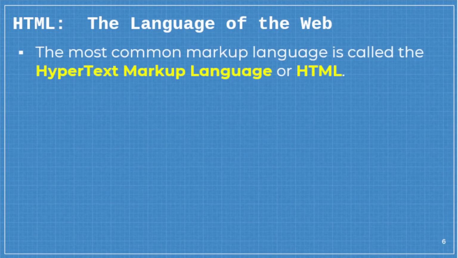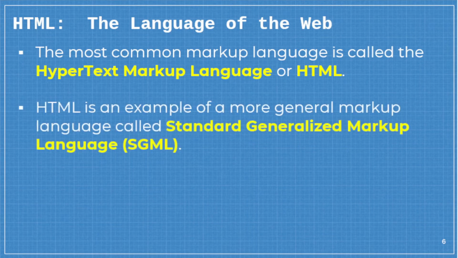The most common markup language is what we call the HTML, or the hypertext markup language. HTML is an example of a more general markup language called the Standard Generalized Markup Language, or SGML. HTML is under this generic family of the SGML. So there are many markup languages available out there. HTML is one of those. And the SGML